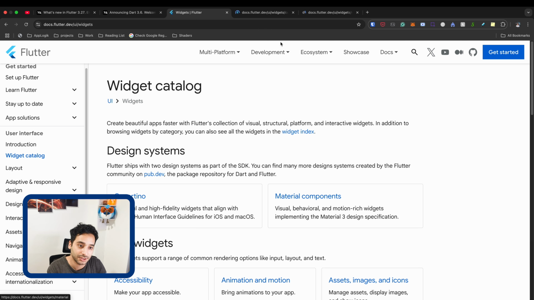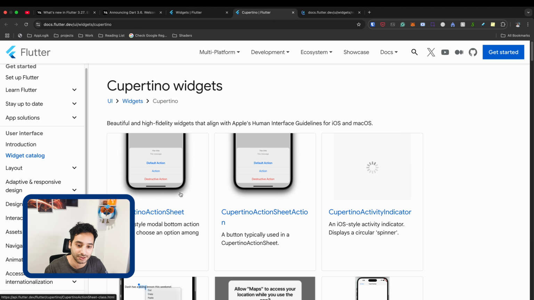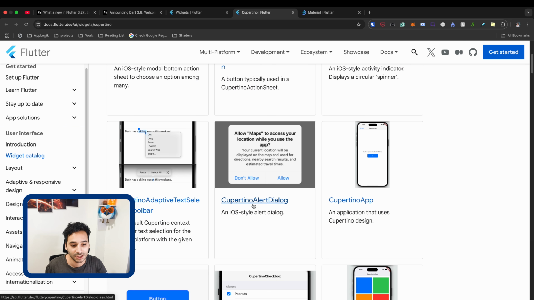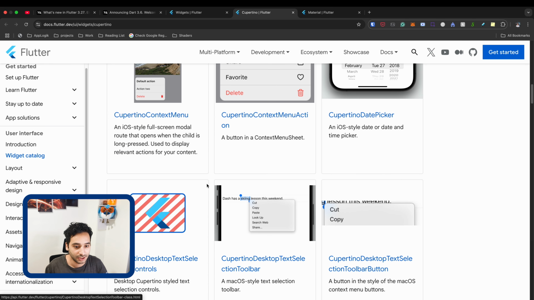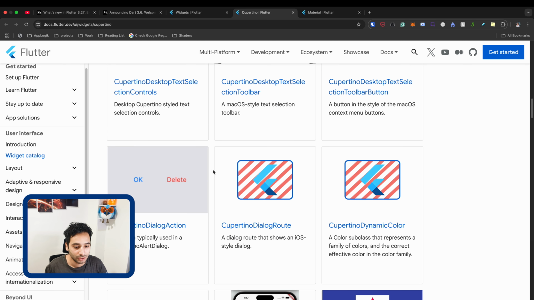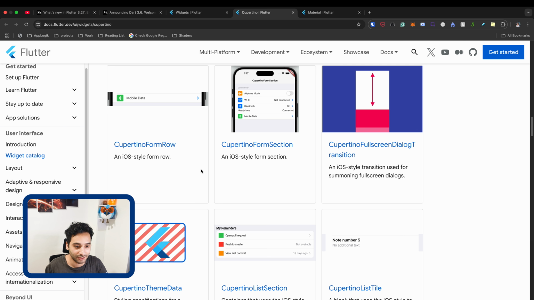The point is that Cupertino is for the components that are related to iOS or macOS or the Apple ecosystem. For example, this is the action sheet, or this is the alert dialog, or here we have the context menu. These are the components that are designed based on the Apple design system.